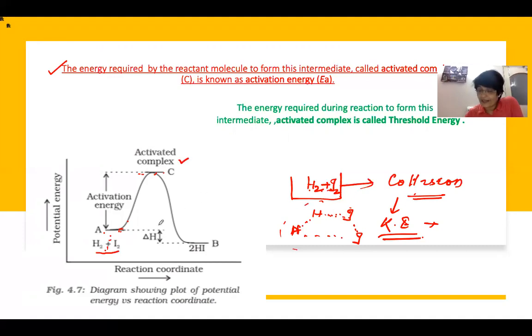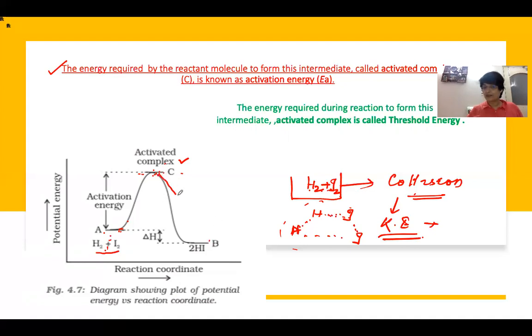Remember, in all reactions, unless reactant molecules attain this activated complex state, a highly energetic, highly strenuous state, the reaction cannot proceed. Imagine it like this: a fight ready to start. For example, India and Pakistan, or India and China, a war cannot take place unless both sides attain a highly energetic state, where they are in a do-or-die situation. That is called the highly activated complex state. Every reaction has to attain this activated complex state, and only then can we expect the product.